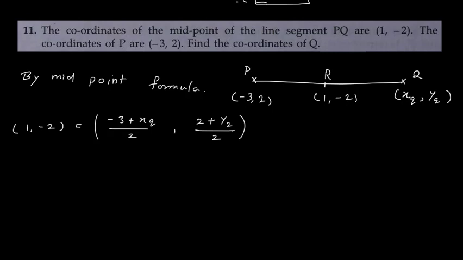Okay, right, this is the midpoint. So the midpoint is what? Sum of the x coordinates divided by 2, and sum of the y coordinates divided by 2. So therefore I have 1 is equal to